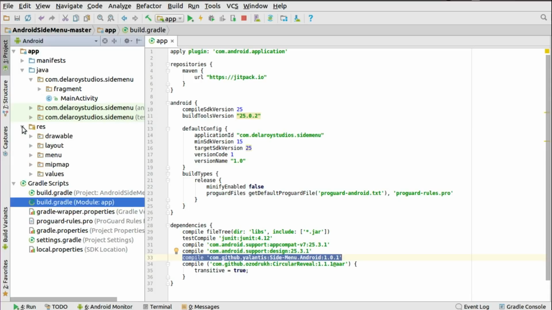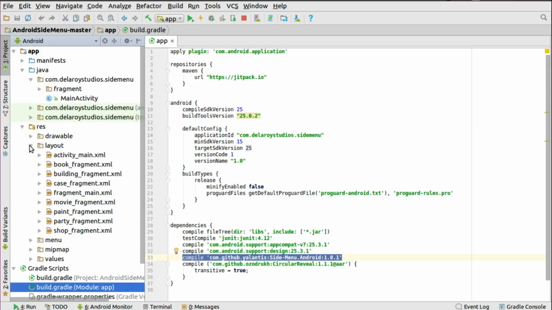Right there in the res directory, in the layout, we have the activity main, which is the launcher, with its fragment called the main fragment. We have other fragments inflated as well, because we'll be adding fragments to each of the menus in the side menu. The book fragment, the building fragment, case, movie fragment, and so on. The activity main